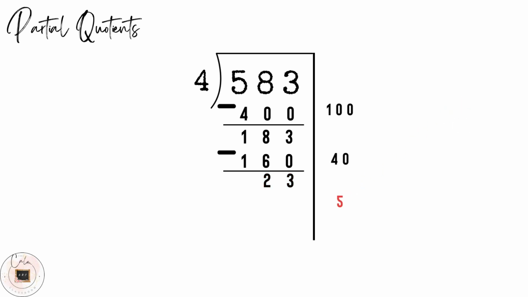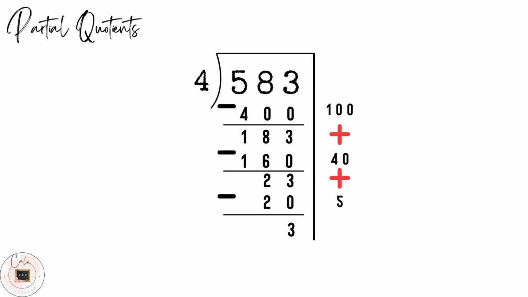We move our 5 just to the right of the vertical line with our other friendly numbers. 4 times 5 is 20, so we add that under 23. Can you guess what we do next? That's right, we subtract. 23 minus 20 is 3. Once we get to a number that's less than our divisor of 4, then we need to stop